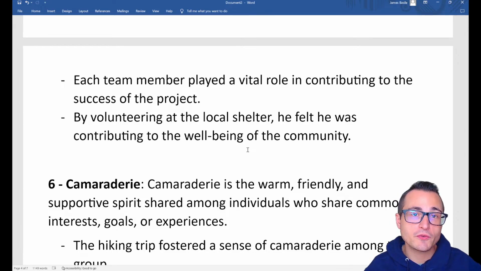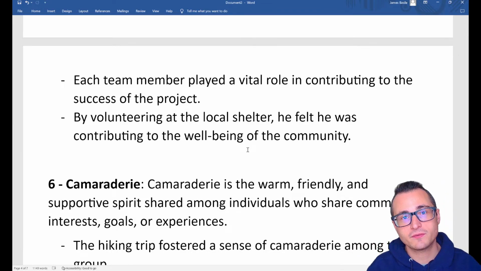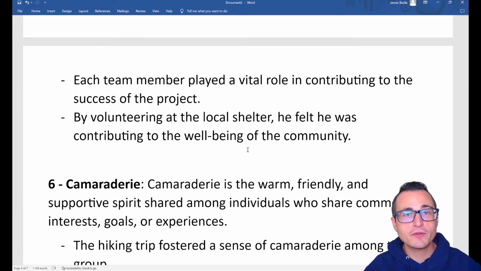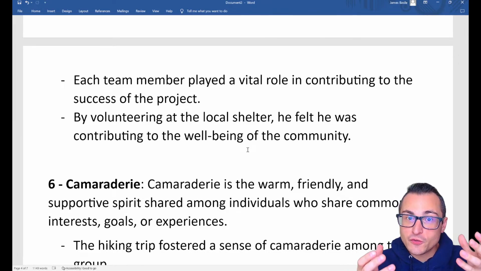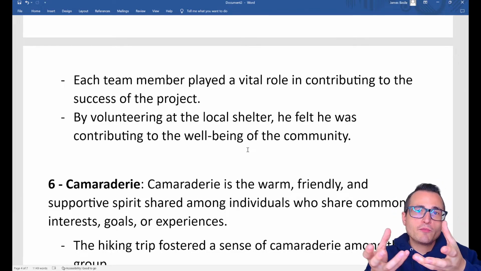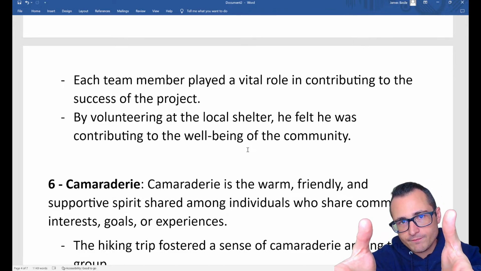Maybe we can contribute to the animal shelter by playing with the dogs in the animal shelter. Or we can help the homeless community by contributing food. Have you ever contributed something to the community? For example, I want to contribute to your community by giving you education about the English language. I'm trying to contribute something.